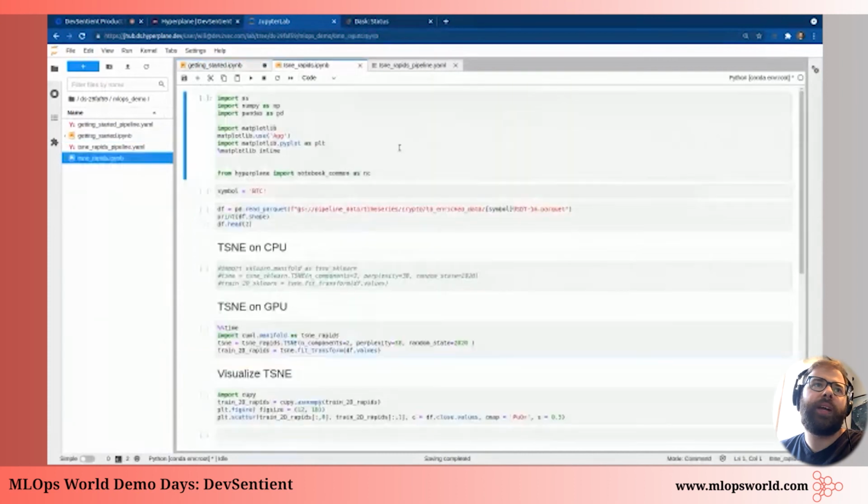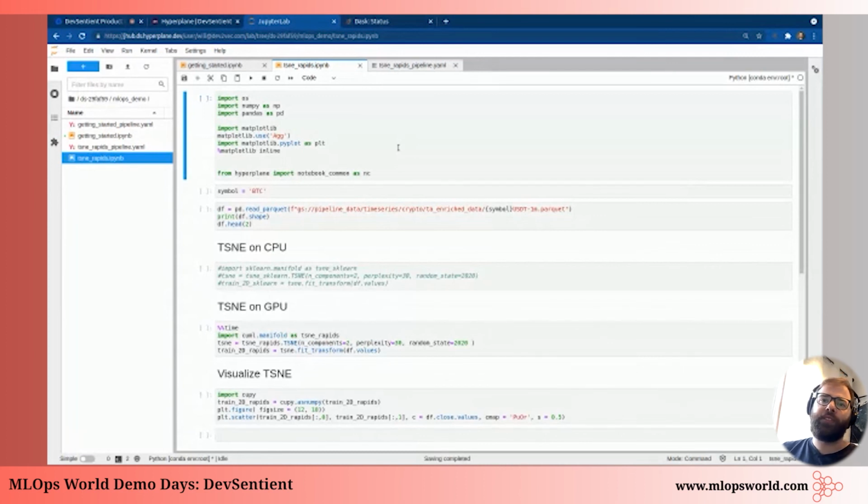I'll switch over to my second demo here, which is going to be, once again, on how to easily use things like GPUs on Hyperplane. When it comes to using GPU accelerated libraries, oftentimes there's a lot of setup involved, and we've done a lot of abstractions to make this really easy to get up and running.